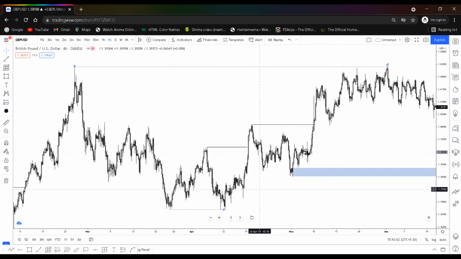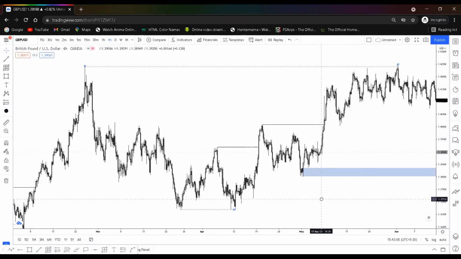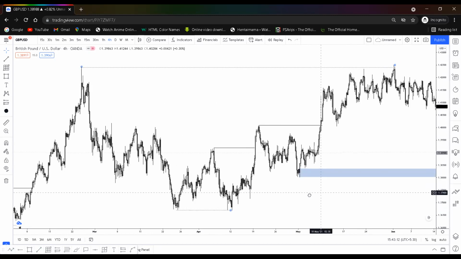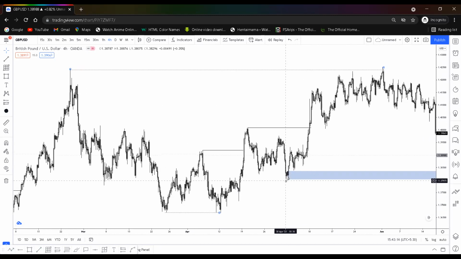So within this range, once a new range has been created, we must identify the trap. Okay, we must identify the trap. So now, what is the trap here? Now we've identified the trap. By trap, I mean even the breakout traders. Even the breakout traders would place their sell stops below this. They will place their sell stops below this,